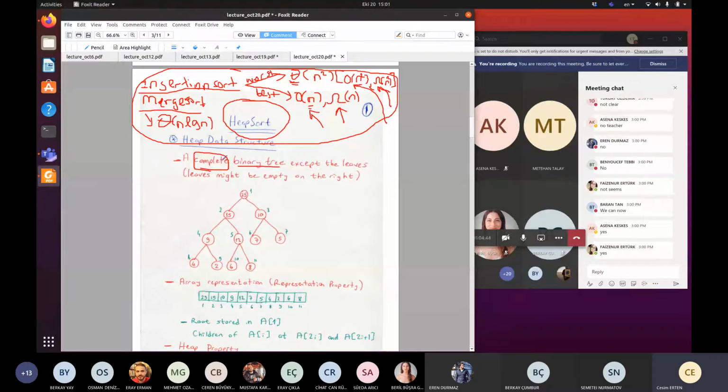But we say that a heap is an almost complete binary tree because we need to accept the leaves. Except the leaf level, all the nodes, each node in the tree will have exactly 2 children. Except the leaf level where the leaves to the right might be empty. So for instance, this example in here,